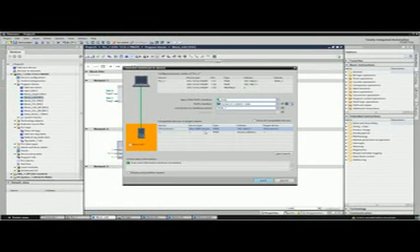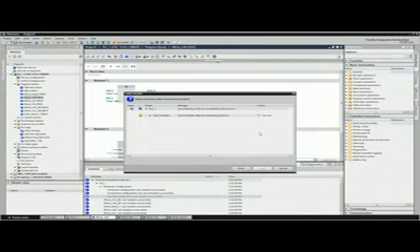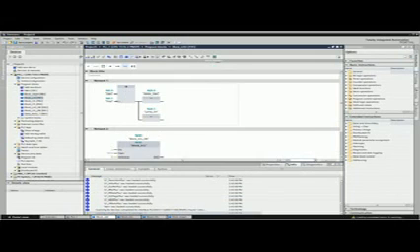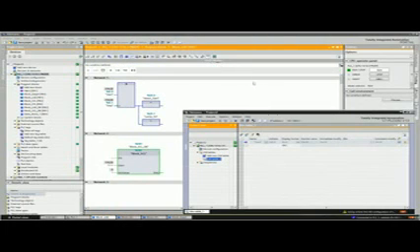The integrated S7-PLCSIM controller simulation simulates the control system. With the TIA portal, online access and test functions can be implemented for programming tools in exactly the same way as in a real control system. S7-PLCSIM helps you to